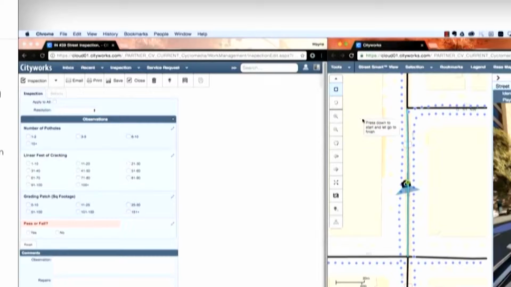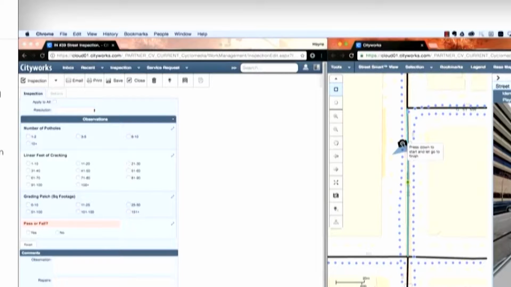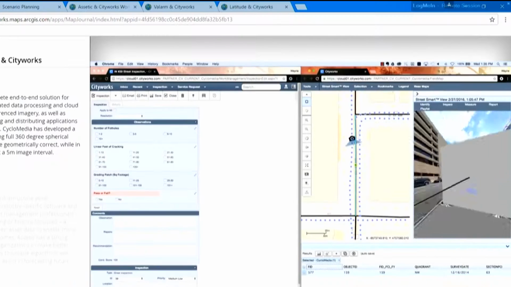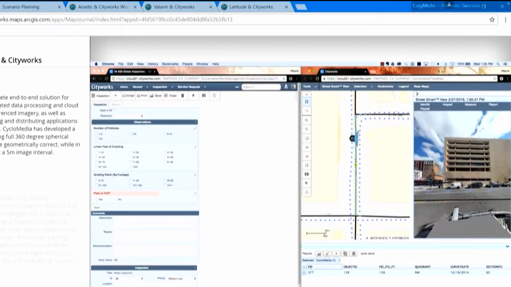But how about if we do it a different way? What if we use the Street Smart View plugin from Cyclomedia? Don't leave the office, especially when it's December, February, January. Instead, we can look at and see what our imagery shows us as far as the actual deterioration of our roads. So as we go to the north segment here, we can zoom around,